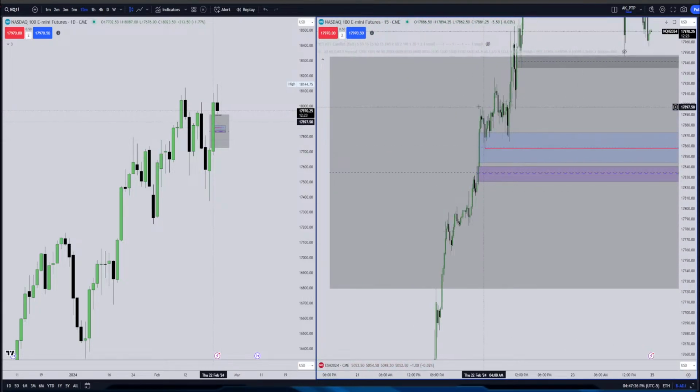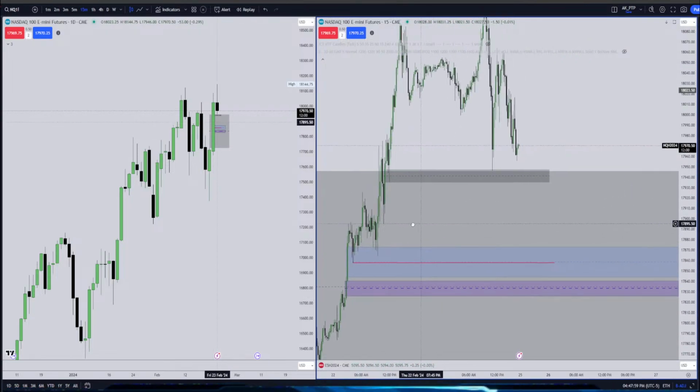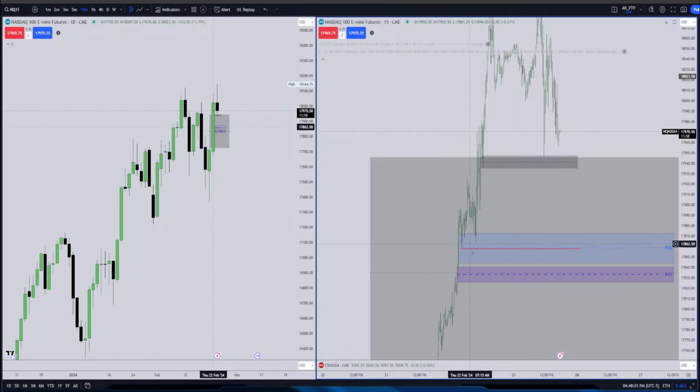Okay, and it broke the structure, it created new fair value. So break of a structure, it's going away from that area, or even if you consider here after the revisit, it came back again, it again broke the structure, went away from that. So this gap is, that's why it's called breakaway. Like it's breaking away from that area. That's the reason. So yeah, both of them are ultimately breakaway gaps, but since this is the liquidity I'm expecting